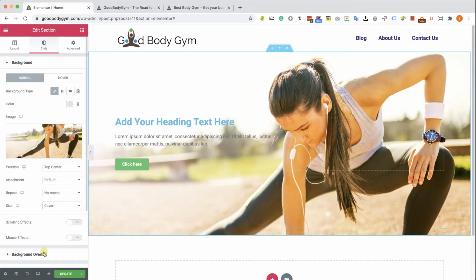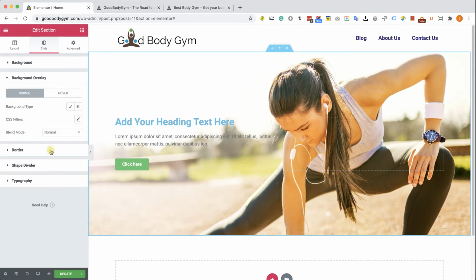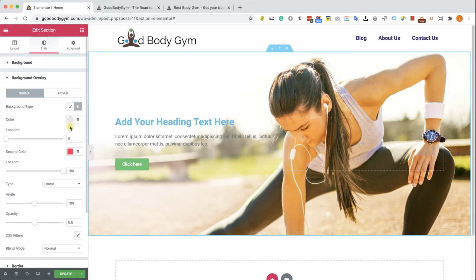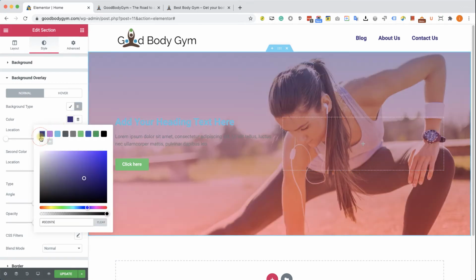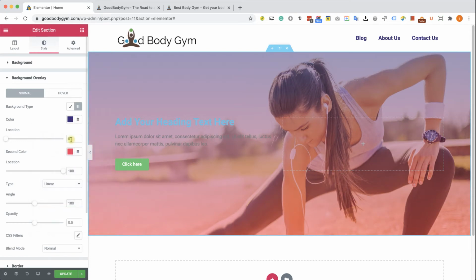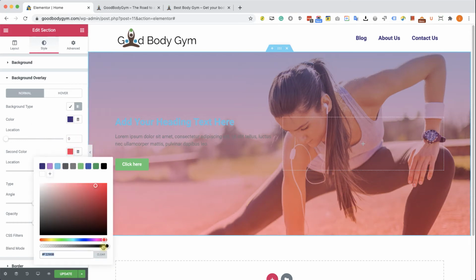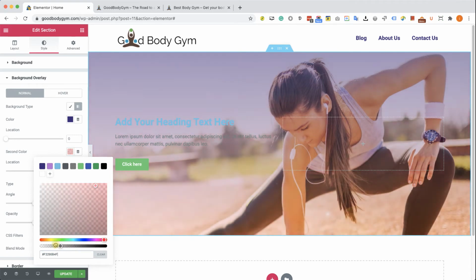In the background overlay tab, expand it just like so. Change the background type to either classic or gradient. We're gonna use this option. And here we have the option to set two colors. The first one will be purple, and the second one will be transparent. It doesn't really matter which color you're choosing, just make sure it's transparent by sliding it all the way